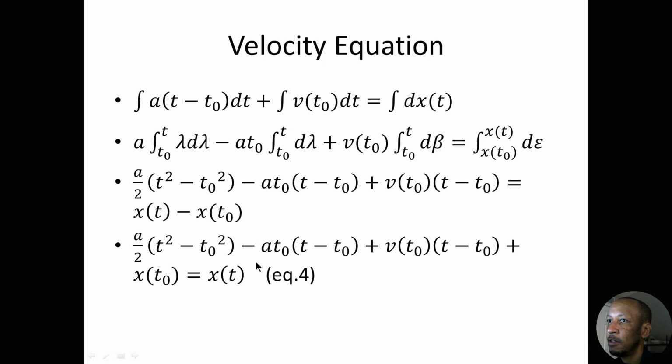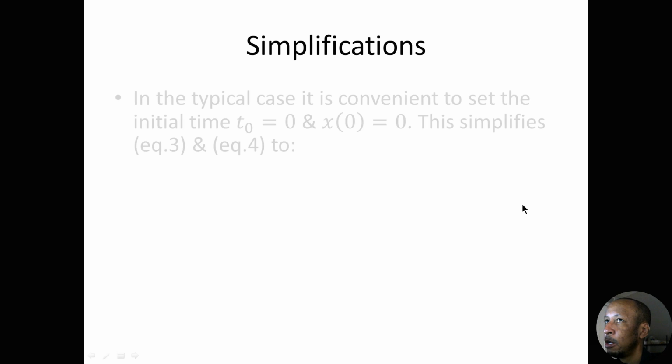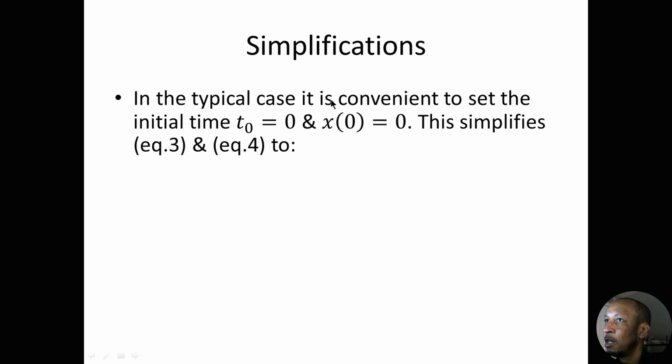And then next I have this expression where I just bring x of t sub 0 over to the other side and isolate x of t. That's equation number 4. Okay, so now we can do some simplifications here. In the typical case, it is convenient to set the initial time t sub 0 equals 0 and x of 0 equals 0. This simplifies equation 3 and equation 4 to